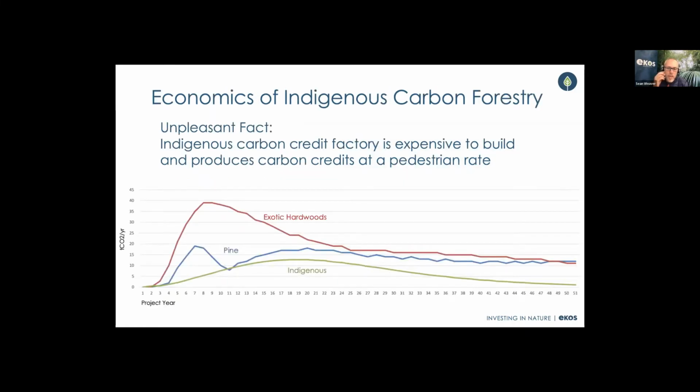So an unpleasant fact in the indigenous reforestation sector is indigenous carbon credit projects are expensive to build, and they also produce carbon credits at a relatively slow rate. And so this graph shows you